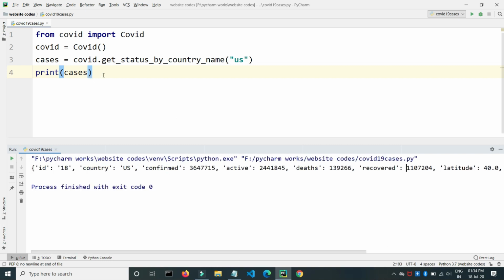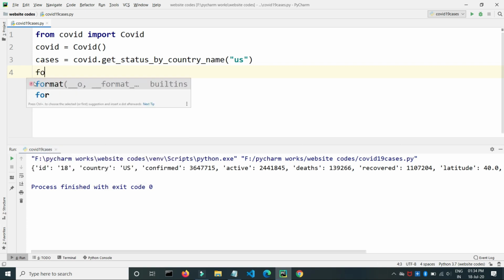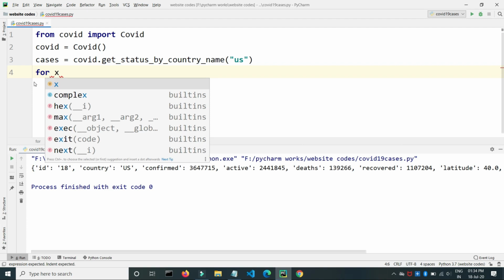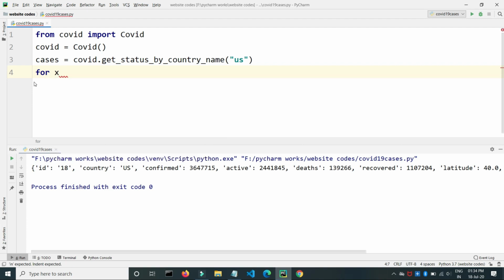So now let's convert this into the normal form. We will use the for loop. We will print the cases like ID equals this, country equals US, and confirmed cases equals this. That is not in the dictionary form, just in the normal form. So let's write for x in cases.